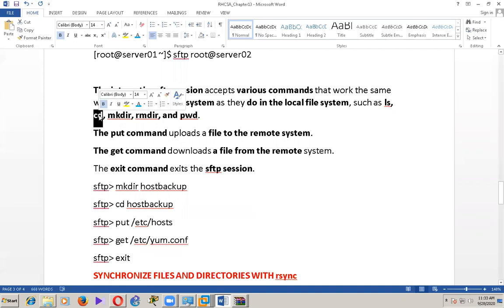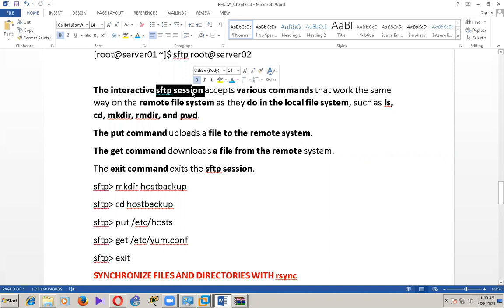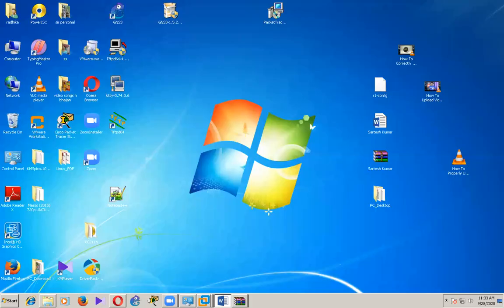We can use the cd command, we can use mkdir, we can use rmdir, we can use pwd also. So we can use all the commands in an sftp session. It will generate just like a shell session. So it's called an sftp session, and we can perform these commands. So this is the procedure. Have you any doubt in this?